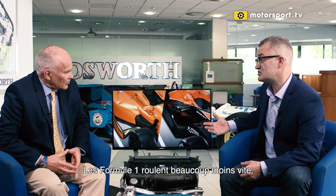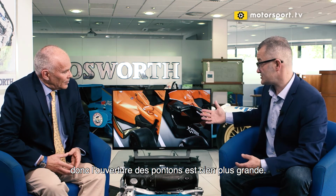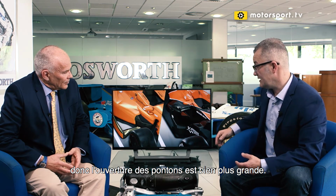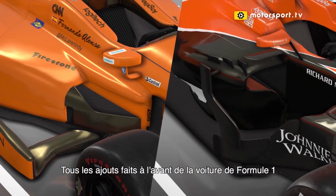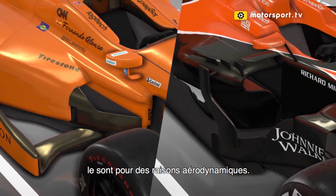F1 cars run much slower, and you need the cooling when you're running in the slower corners, so you have a much larger side pod inlet. All of the aero add-ons and the bodywork add-ons around the front of the McLaren F1 car are for aerodynamic